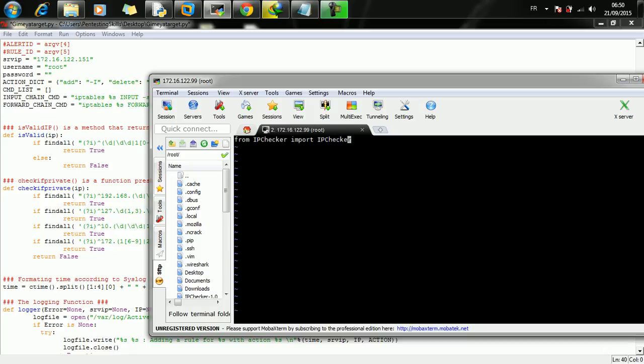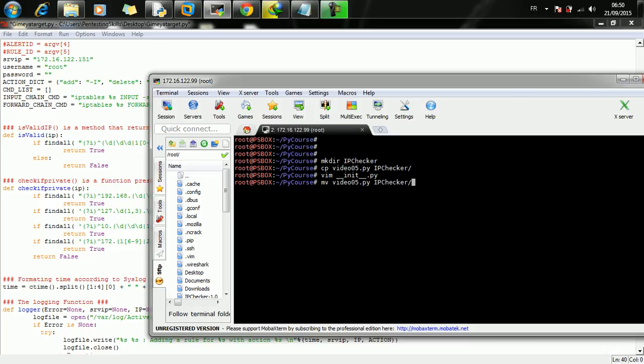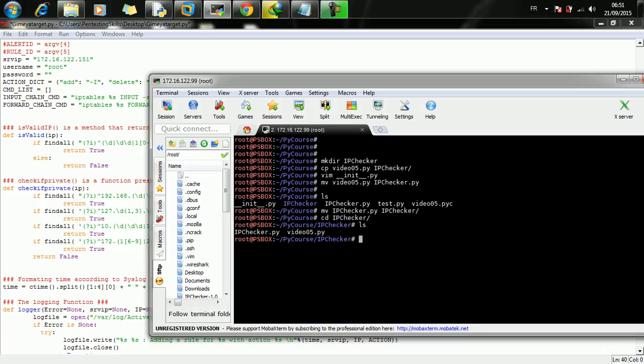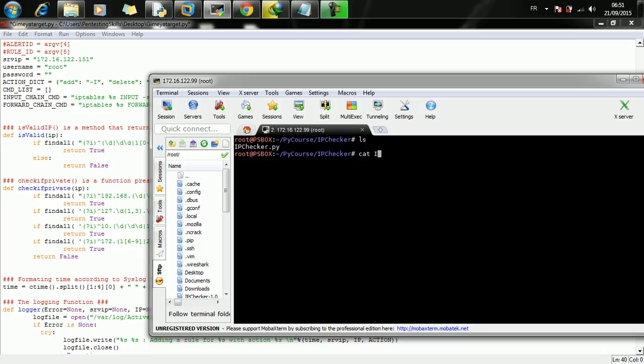Okay, let's move video to IPChecker.py. Now if we move IPChecker.py into the IPChecker directory, here we have the IPChecker tool that we just wrote. If we go ahead and cp the constructor here, now we have the constructor and the IPChecker tool. If we go one directory down, actually here we can play with video 5, for example, or pack.py,